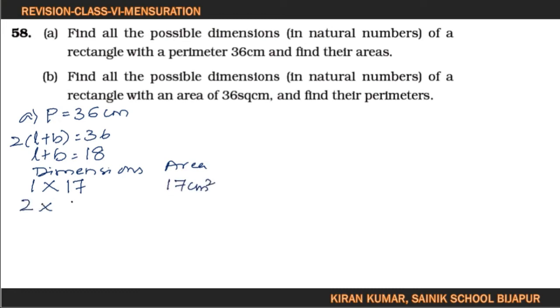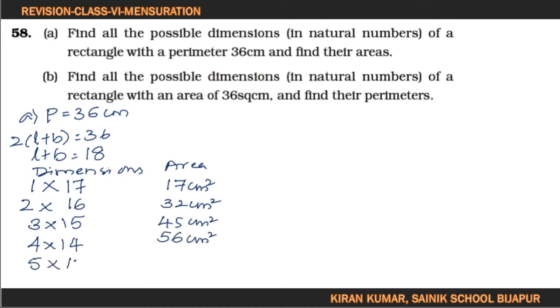So the combination can be 2 by 16, and it is 32 centimeter square. The combination can be 3, 15, 45 centimeter square, 4, 14, the product is 56 centimeter square, 5, 15, the product is 75 centimeter square, same way 6,